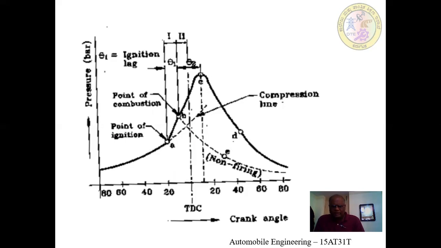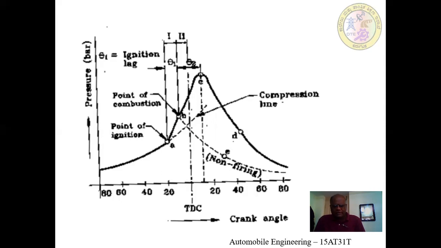This combustion develops enormous pressure inside the combustion chamber. This period starts at B and will continue up to C. During this period, the pressure will be maximum inside the cylinder. That pressure applies on the piston head to move it downwards. This is nothing but the power generation. This duration we are calling flame propagation. The flame propagation starts at point B and ends at point C.